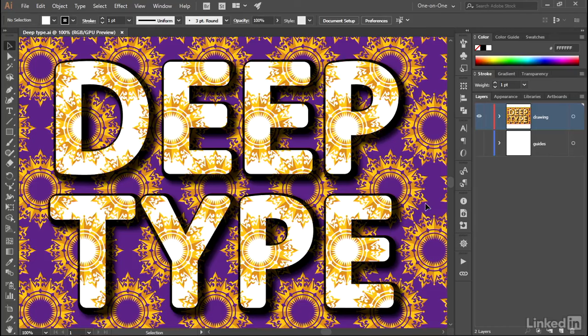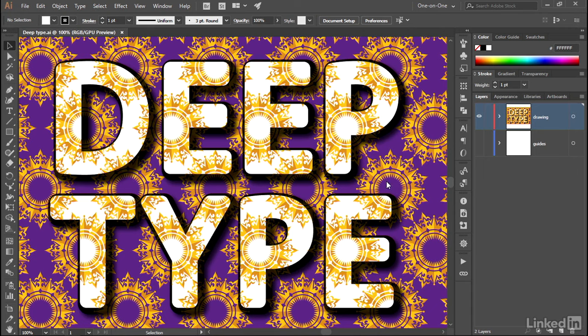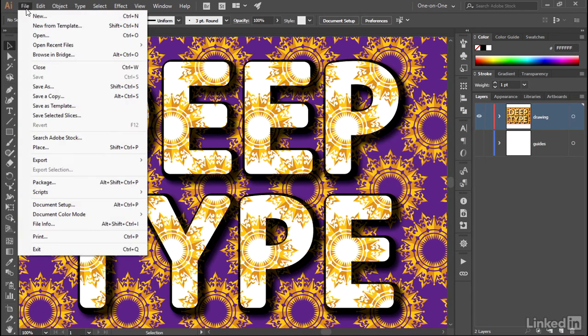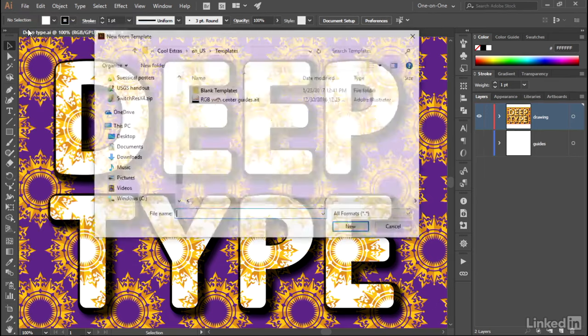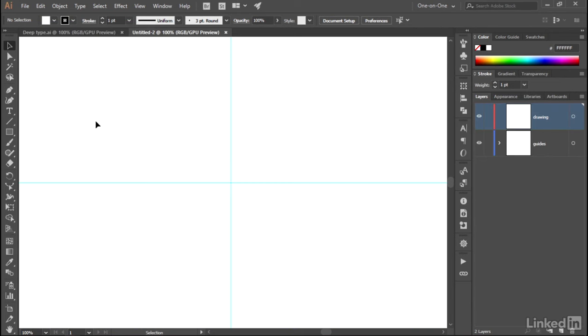In this movie, I'll show you how to apply special fill and stroke attributes from the Appearance panel to live editable text. And although it works really well, as we're seeing here on screen, the approach is far from intuitive, even by Illustrator standards. So I'm going to start things off in the usual way by going up to the File menu and choosing New from Template. And then I'll go ahead and double-click on my RGB with Center Guides document